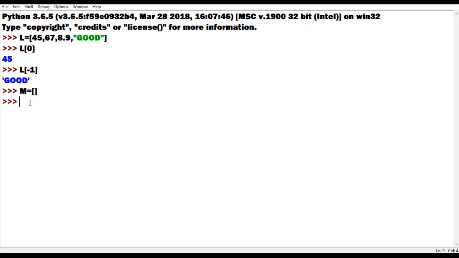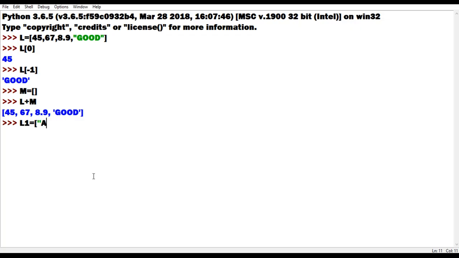Now, if I would like to join two lists, it's simple. I can do it with the plus operator. As M is empty, no element of M is there, so I'm creating another list so that you can understand in a better way.